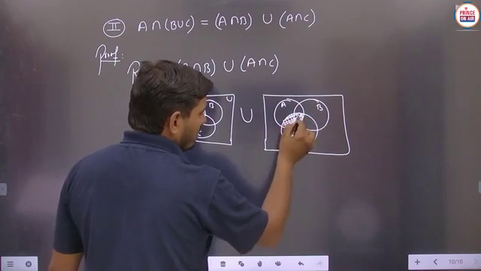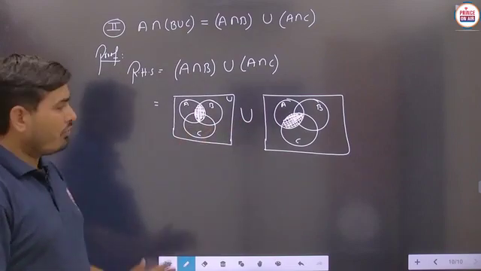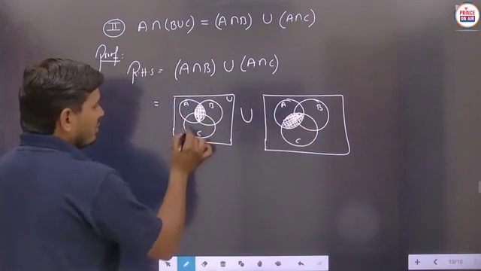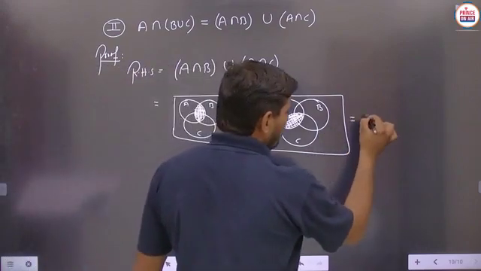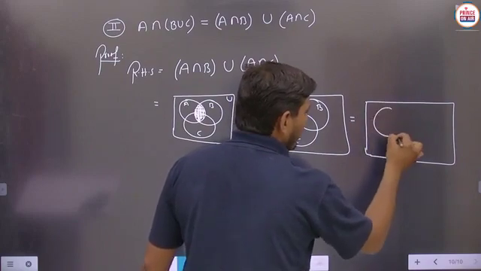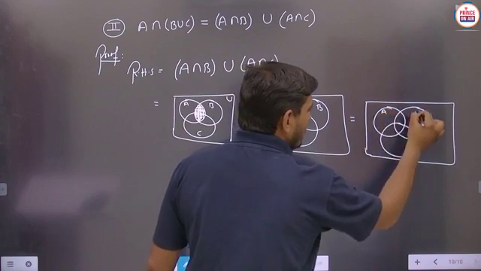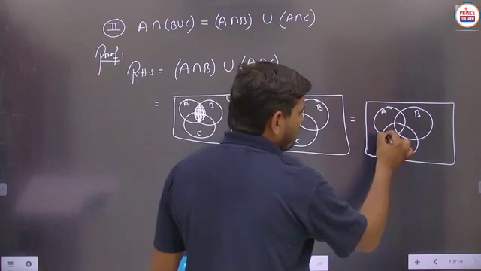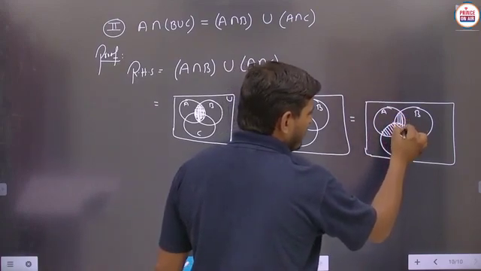Now student, what is the operation between these two Venn diagrams? Union means we have to take this whole part as well as this whole part. This is the common part, but here we have to include this part also. So finally, if we have to obtain the result, we have to make the proper Venn diagram like this. Suppose we draw set A, set B and set C. Now we have to make the proper Venn diagram after joining these two parts. Then we have to take this part as well as this part. Is it to be clear?